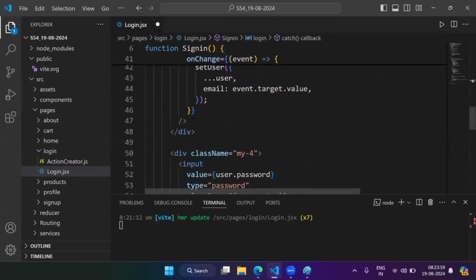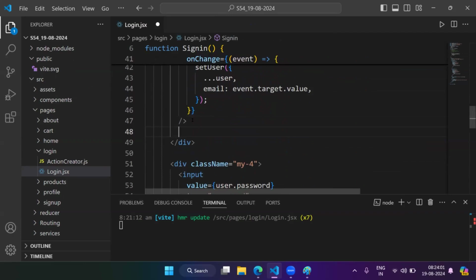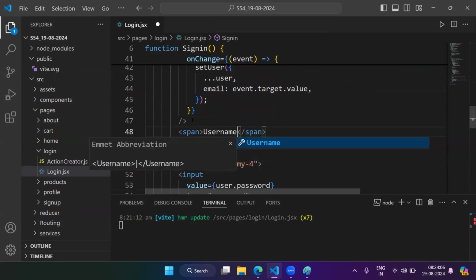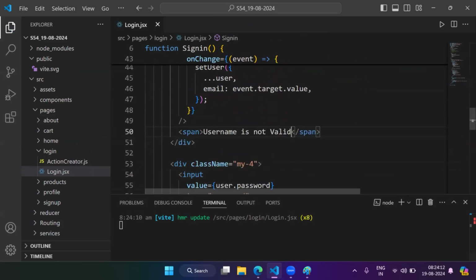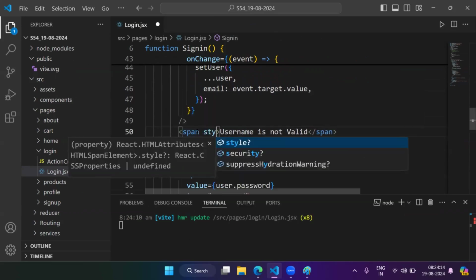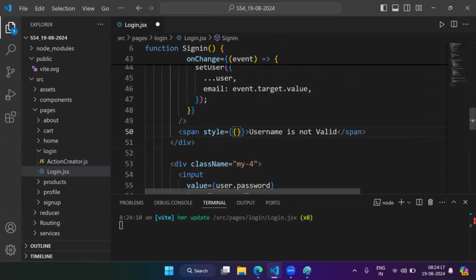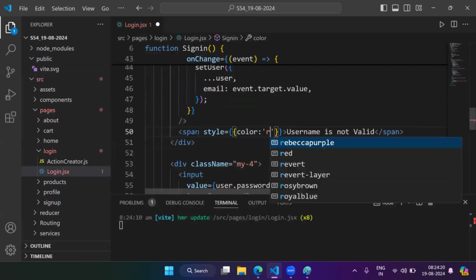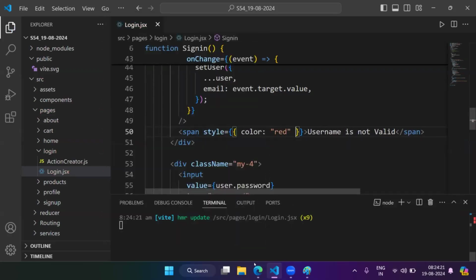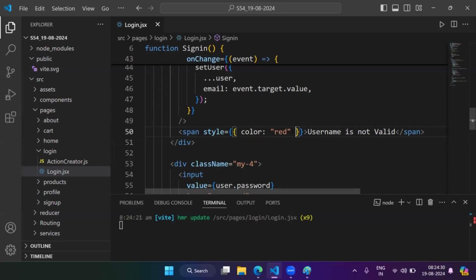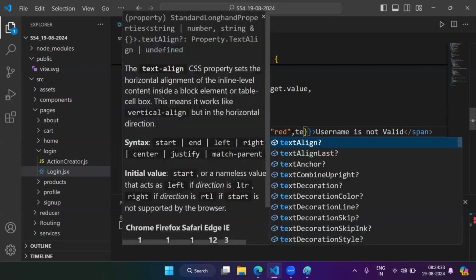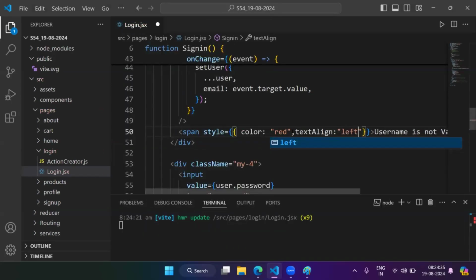Then here we have to show some alert message, or what you can do is after this input, you can create some span like "username is not valid". So if I go back here and add some style to this, color as red, it will show like this. Now, if I add text align also, left,